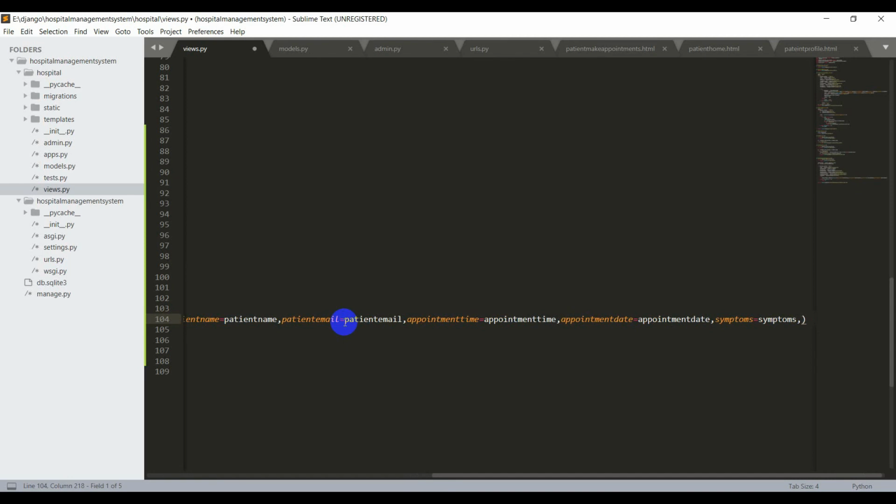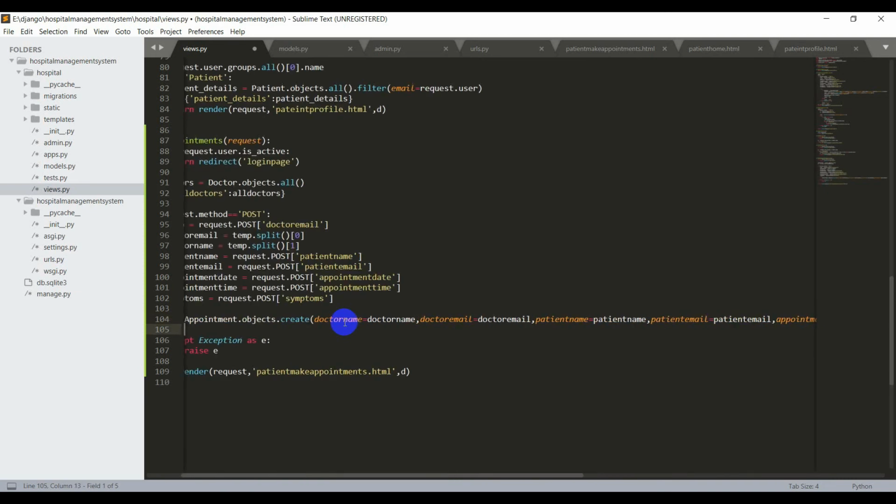And now we have also created some columns like status and prescription in the model. So for that, I'll say status is equal to True and prescription is equal to empty quotes. I'll discuss these in later videos, and let's leave them as they are.